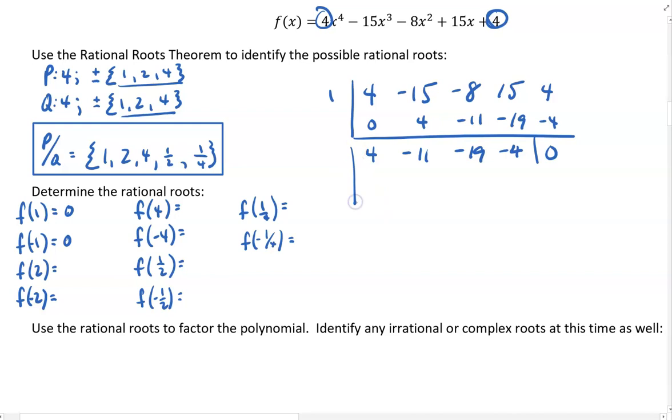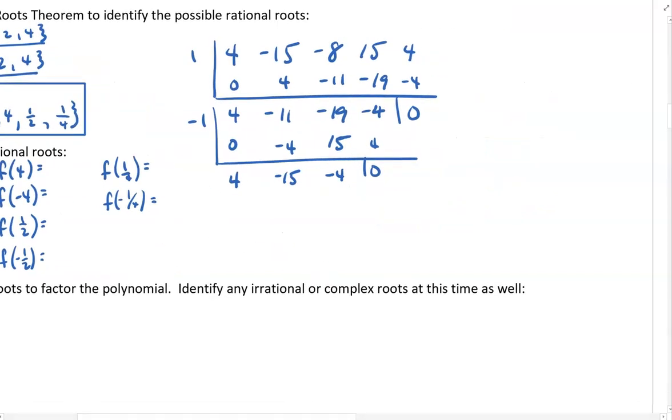So I use that first known zero and the second known zero. -19 and 15 is -4. -4 times -1 is +4. That's a 0. All right, so now what this leaves me with is a quadratic that is represented by